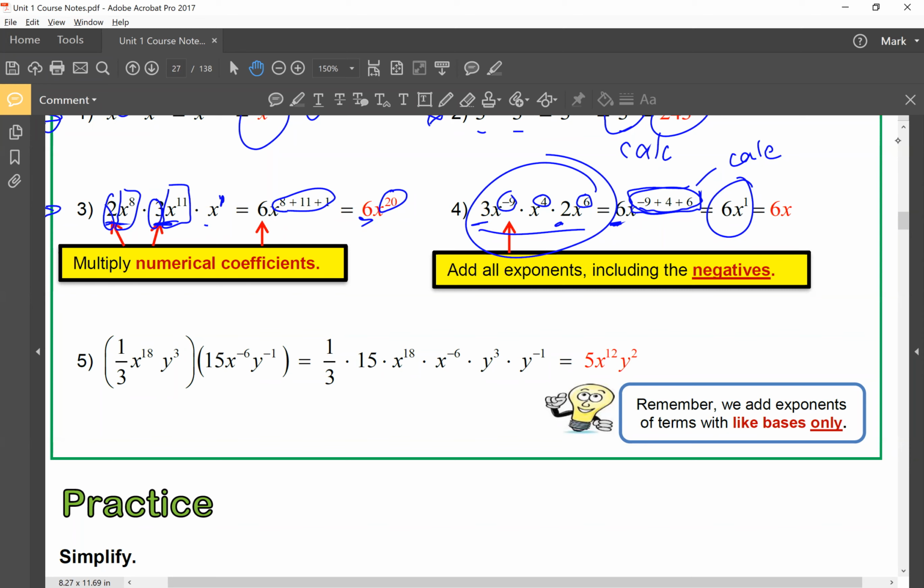All right, last one. This is a crazy one, right? This is a good practice one. 1/3 times 15. So let's get that out of the way first. 1/3 times 15. Again, use your calculator. That's 5. 15 divided by 3 is 5. No problem. Now,